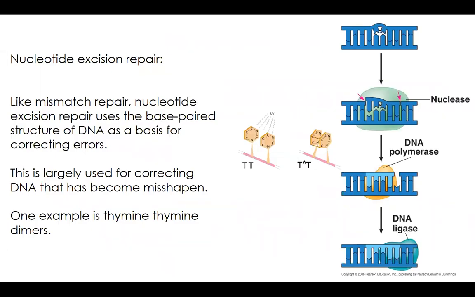Nucleotide excision repair repairs other types of damage. The really common one is damage that is induced by UV radiation or being in the sun too much. Something that can happen when you have too much UV exposure, either from the sun or whatever else you're doing that might involve UV, is that if two thymine nucleotides are next to each other, so the sequence would be whatever, T, T, whatever,